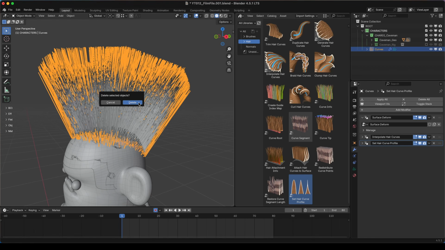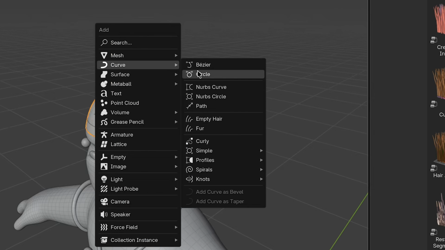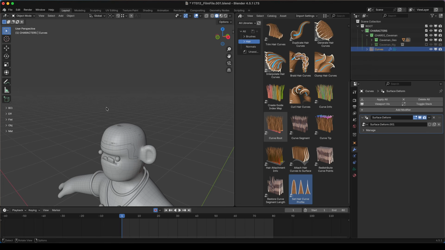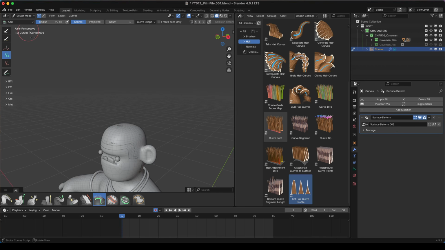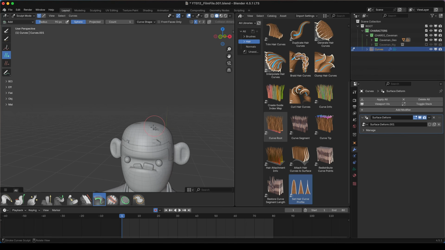So let's go ahead and just delete these hairs, and we can grab our hair cap and add in a new empty hair, and we're going to actually use this to create hero hairs. So I'm going to go from object mode to sculpt mode, and again I'm just going to add in, with the X symmetry turned on, like 2 or 3 hairs, and we're going to use these to just be some